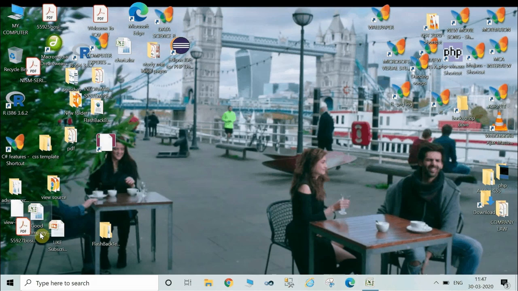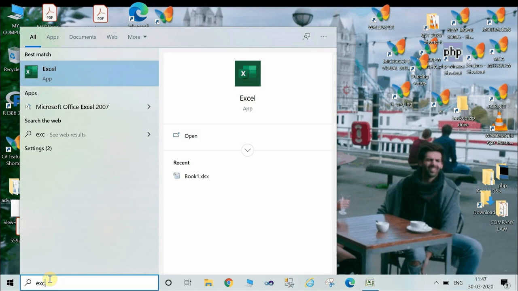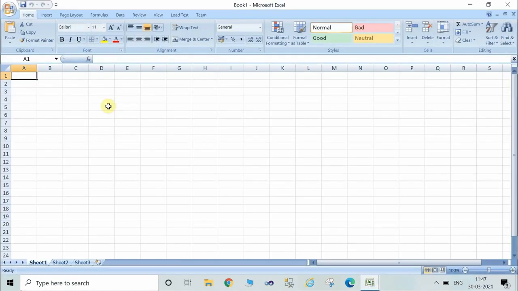In this video we are going to see how to create a chart in Microsoft Excel. For this, first of all, open Excel. I'm having the 2019 version of Excel in my system, so let's start making a chart in Microsoft Excel. You can open any version which you're having in your laptop. Alright, so we'll start here creating a chart.